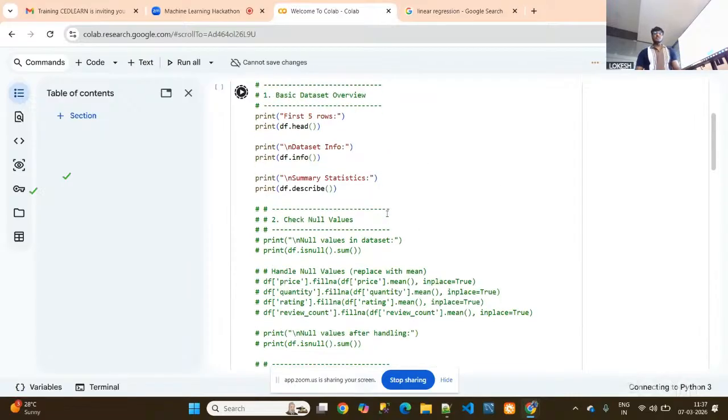So I am using these 3 functions: df.head, df.info, df.describe. df.head will give the top 5 rows from the data set. df.info gives the entire semantic representation of the data set, the entire semantic structure, like what each column is and what the data type of each column is. Clear, guys? df.describe will give